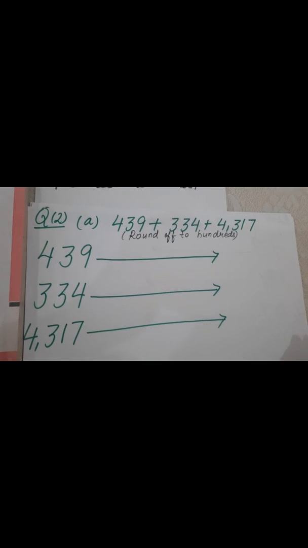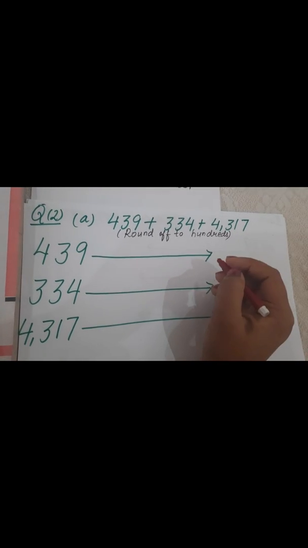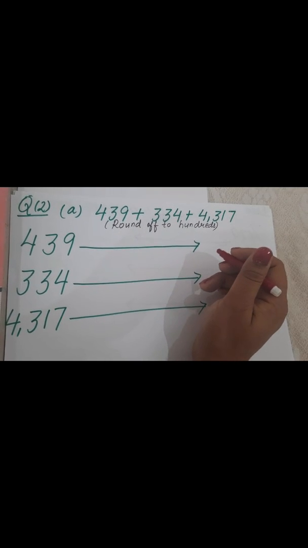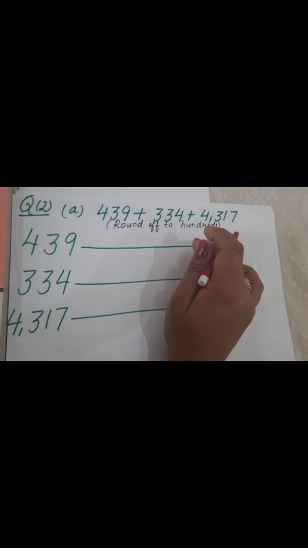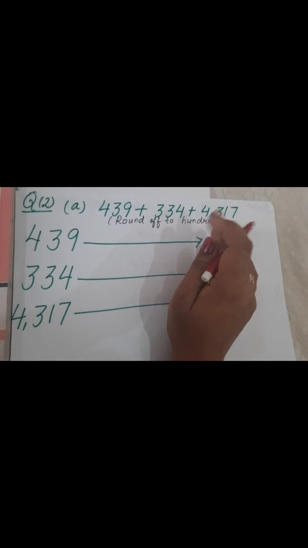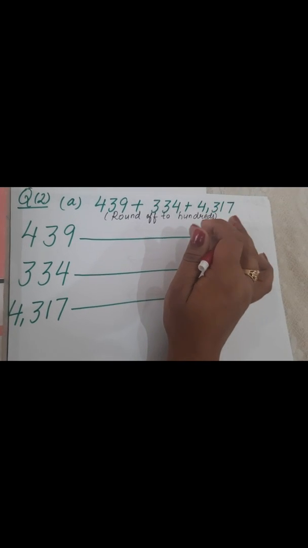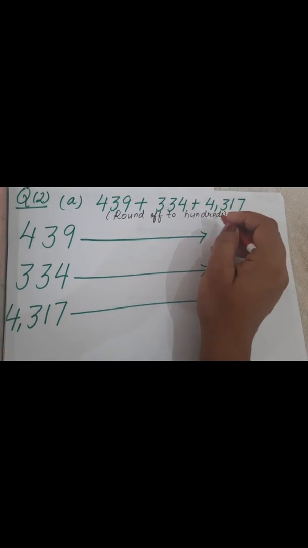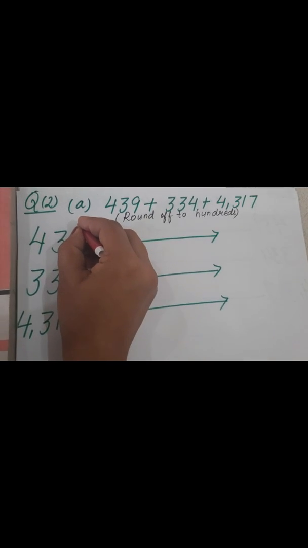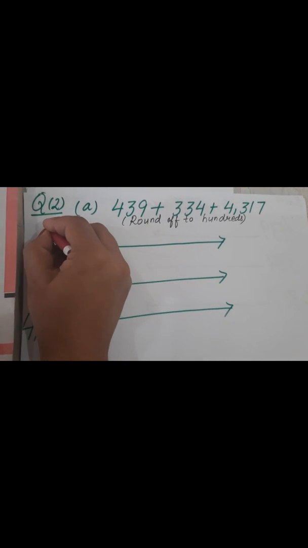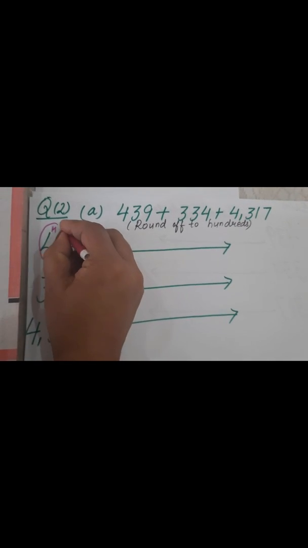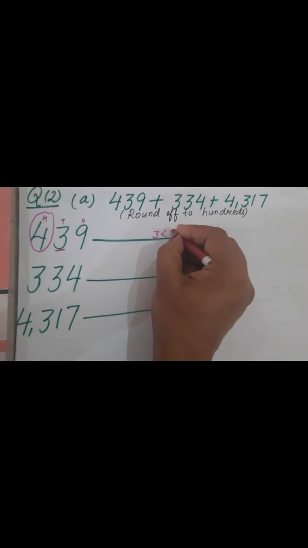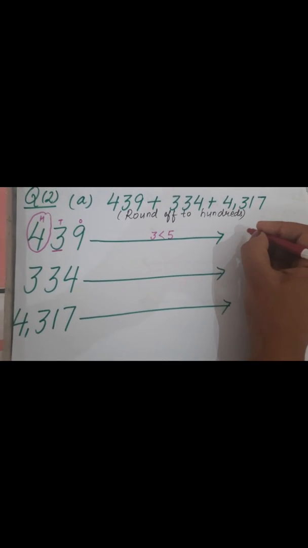7,000. Question number 2 is give a rough estimate by rounding off to the nearest 100 and also a closer estimate by rounding off to the nearest 10. So in this question we have to round off in two ways. First nearest 100, then nearest tens. Now first we have to round off to 100. So as we know, this is ones, tens, hundreds. So circle this digit, underline the digit to the right, and 3 is lesser than 5. So it becomes